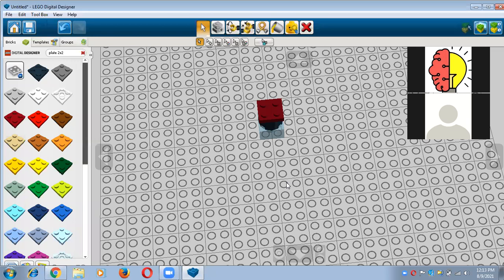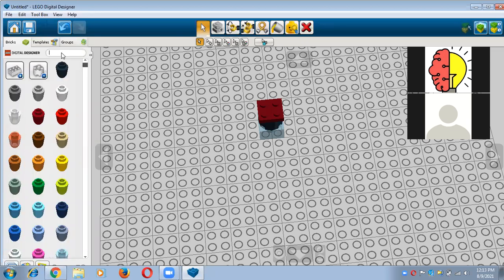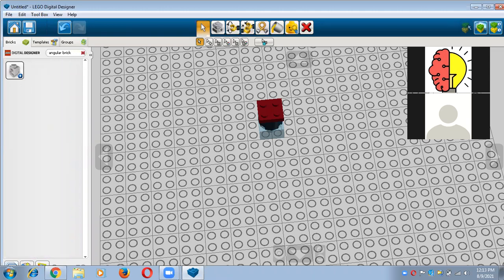And the next part is angular brick. So just close this last search, and after that you have to type here angular brick, and you will receive one exact folder.